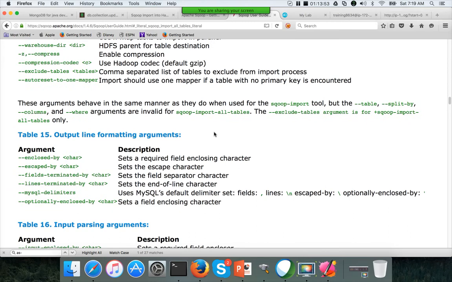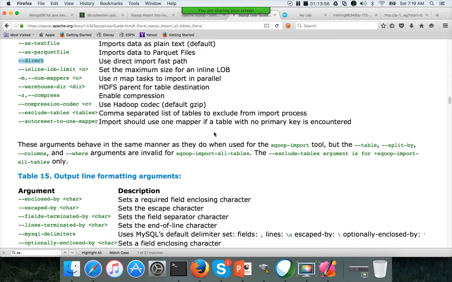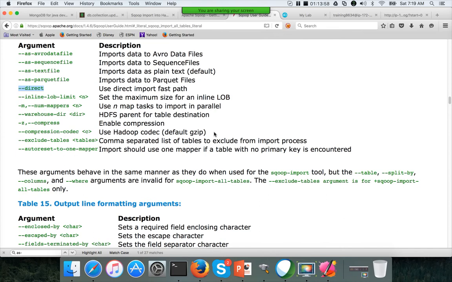Import all tables, I have explained most of the arguments because these arguments are the same in import also. And import all tables is not very important. There are many challenges with import all tables. A lot of guys tend to say, oh, we can use this, but it's not the case. Very rare cases it will work. You need to master the import command over import all tables, because if you develop an application around the import command, you can use the same thing for the baseline load as well as delta loads. So import is the most important command.